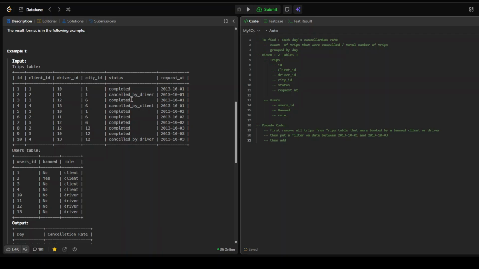Then add sum of case when status like 'canc'. So this would basically cover both, right? It can cover cancelled by client and cancelled by driver, which is exactly what we want. Then 1 else 0 end. So this sum will become all our cancelled trips by